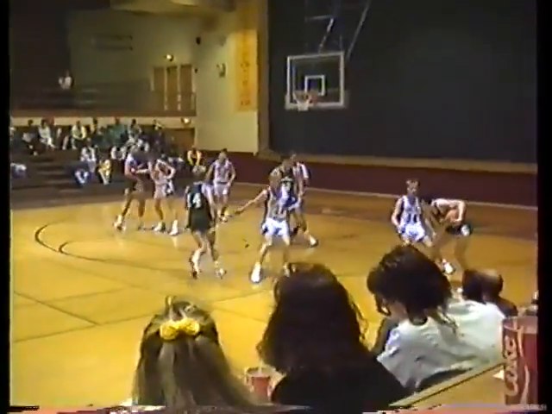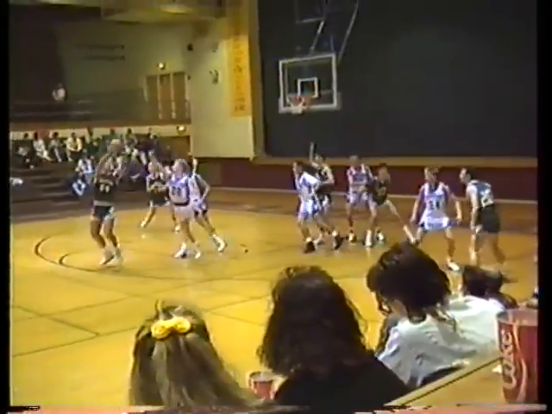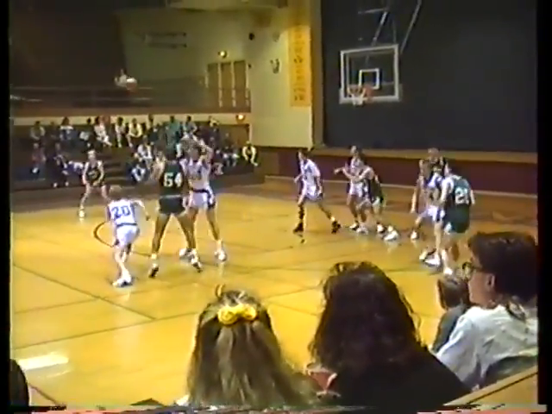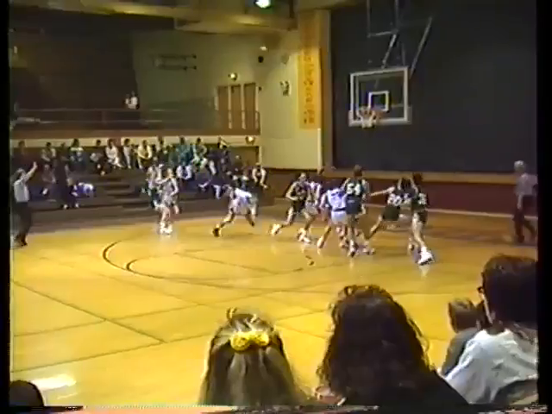36-33, three-point lead for Sentinel. 30 seconds left in the period. Dickinson brings the ball down to McElroy. McElroy in the wing up top to Knudsen. They post him up, double team, get the ball over to Dickinson. Three-point shot is